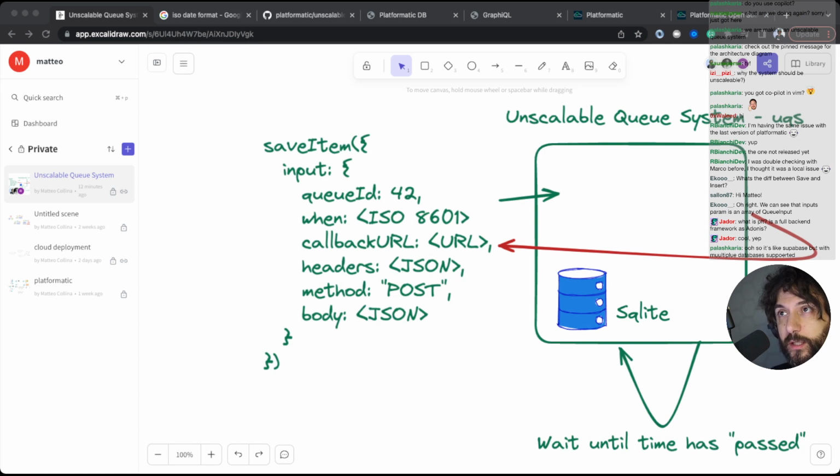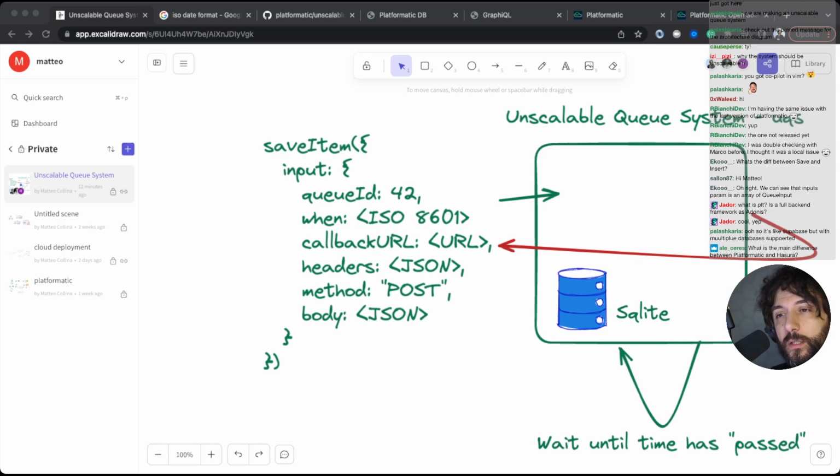So here is when, timestamp not null, okay. Then we want, good question, Ale. Ale is asking, what is the main difference between Platformatic and Hasura? The difference is that Hasura is written in Haskell, and if you want to customize the GraphQL schema, you need to use external functions.